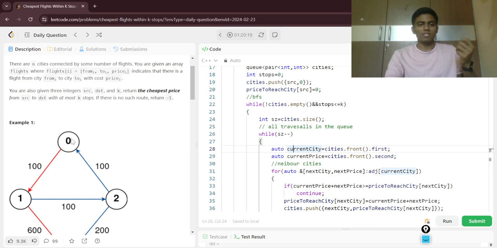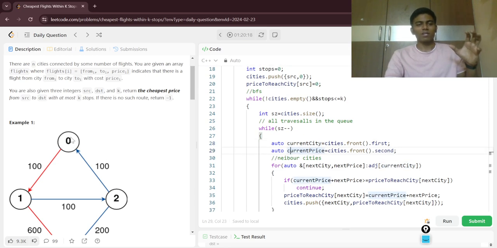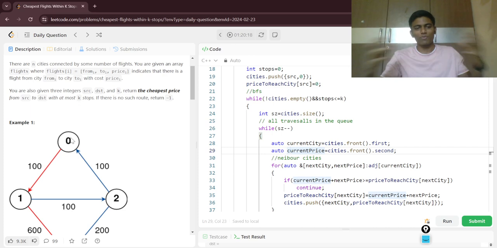this particular case, the city is going to be the current city, and the price, whatever the price required to reach this particular city, is going to be the current price. And then for this particular city, there can be different cities which are neighbors. Suppose let's say for this city, the neighbor city is 1. Why? Because it contains a directed edge from 0 to 1. So we'll visit